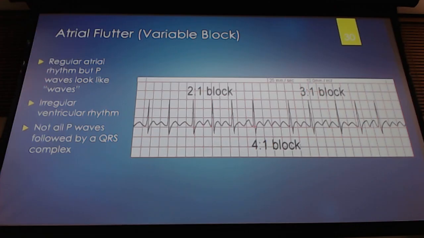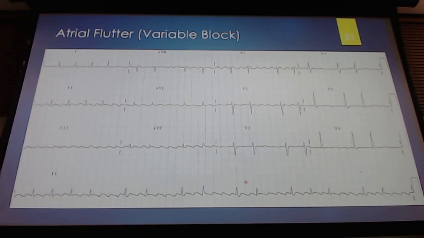1, 2, and we have our QRS complex. Look at this, 1, 2, 3, 4. So this is a 4-to-1 block. And then a 1, 2, 2-to-1, 1, 2, 3, 3-to-1 block. And all of that can be intermixed, and you will see that under 10-second rhythm strip at the bottom. So atrial flutter with a variable block, you're still going to have flutter waves. Okay? You're going to still have flutter waves, but it's going to be variable in the depolarization all the way